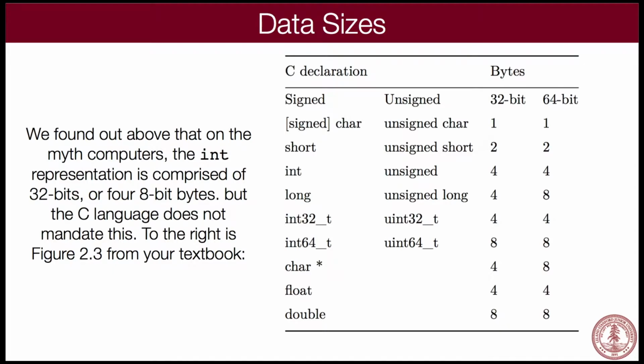Here's how this works. You have a declaration over here of, if you just say char, what that means is it is a signed character. In other words, the character can be either negative or positive. Why they ever allowed characters to be negative, I still don't know, but that's the way it goes. And if you say short, that means that it is a signed short. Or if you say int, it means it's a signed int. We leave off the sign. You can say signed if you want to, but if you leave it off, it just means we're dealing with signed integers. If you say unsigned before it, it means it can only be positive.